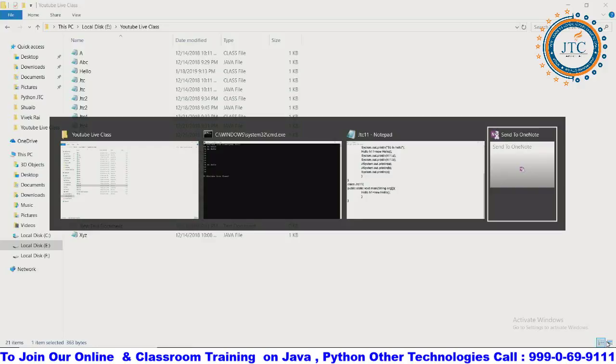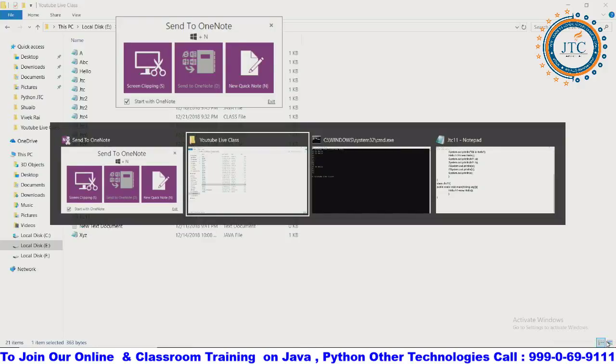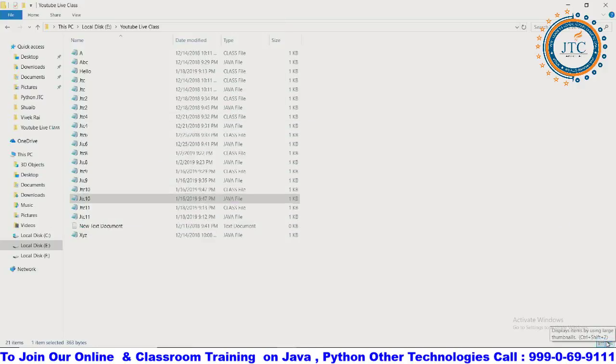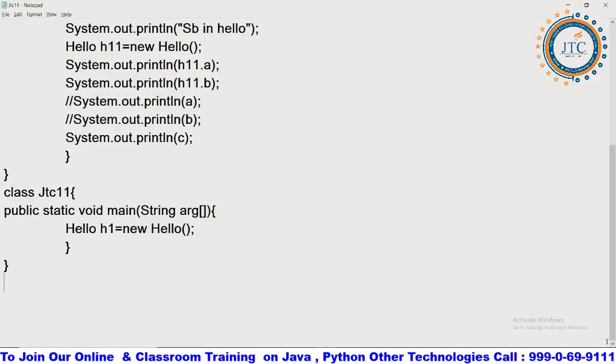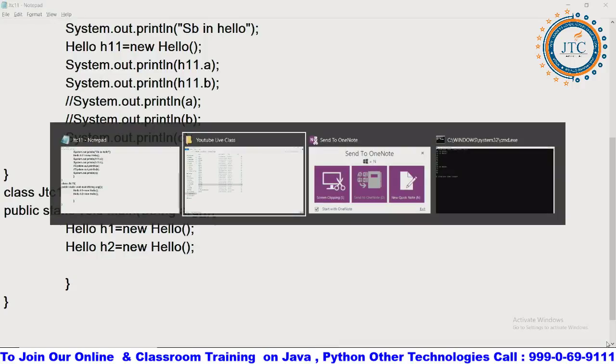In the same manner, here I am writing hello h2 is equal to new hello. Are you getting it? Hello h2 is equal to new hello. So these two objects we have created. And when we have created these two objects,